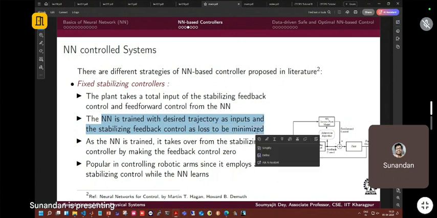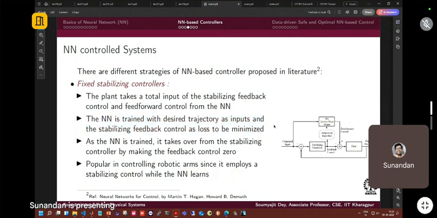So it is trying to minimize some loss, and that is related to how stabilizing the control input is. If it takes over from the stabilizing controller by making the feedback control 0, if the NN is trained, then it takes over. So basically here, if you see, this is the actual plant and this is the plant output, and we are using that output with a stabilizing controller, and as the stabilizing controller is giving some input, this adaptation algorithm